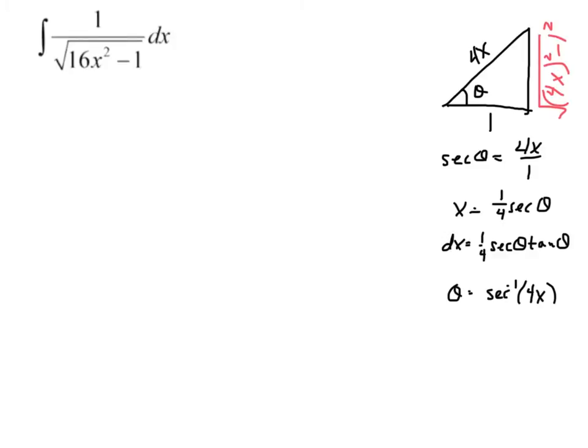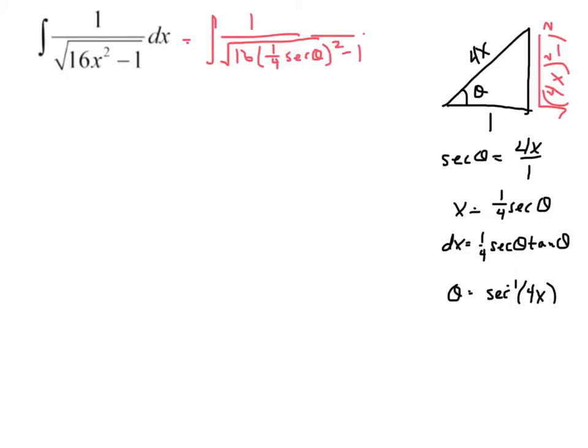Now I'm going to start rewriting my integral. Okay, so I'm going to rewrite this as 1 over the square root of 16 multiplied by what x is equivalent to, so 1/4 secant theta squared minus 1